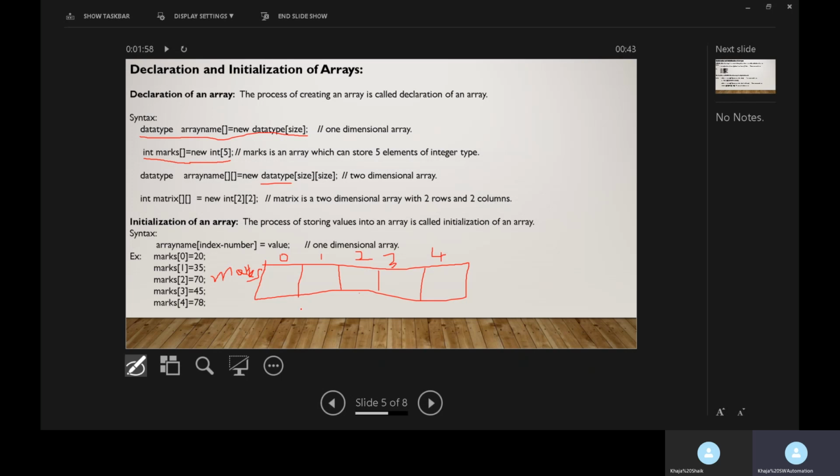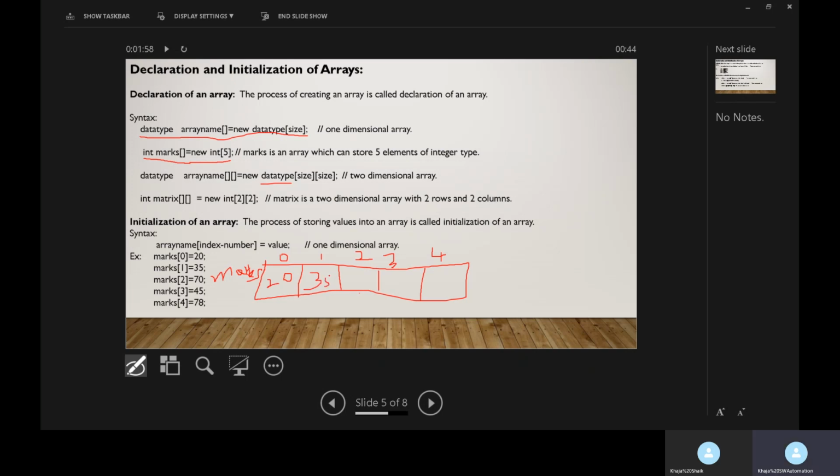Now I want to store the values into this array. First, I am storing 20 in location 0. In marks location 0, I am storing value 20. Similarly, in marks array location 1, I am storing value 35.